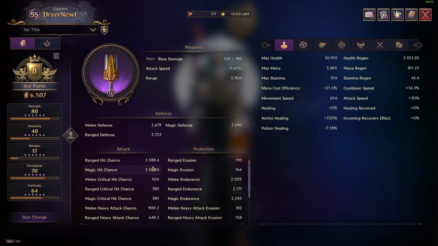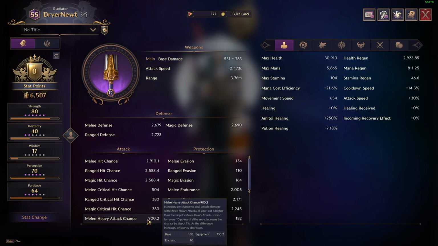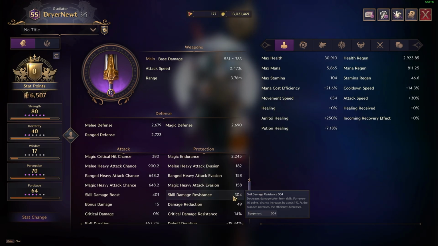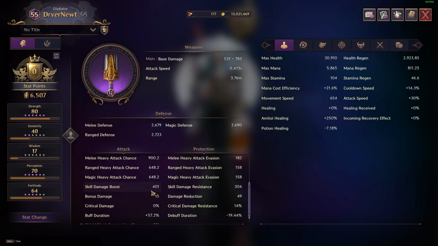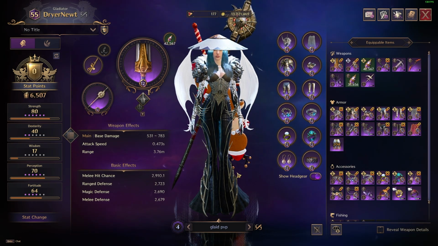Yep, 2k, and then we still have solid magic endurance. We are at a solid hit chance. We're at 21 910, and our heavy attack is 900. Solid stats. Our skill damage resist is still at 304. We're doing pretty good. Buff duration pretty good. We have 0 critical damage, that's fine. Our skill damage boost, we're at 401. We are cooking with this build. I really do enjoy this build. This is the one that you're going to see in the arena gameplay, but this is kind of how I build out my